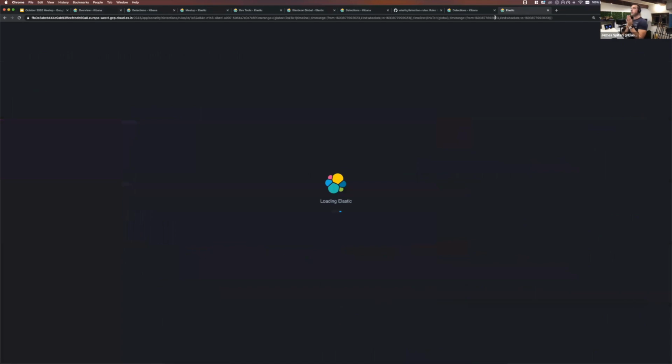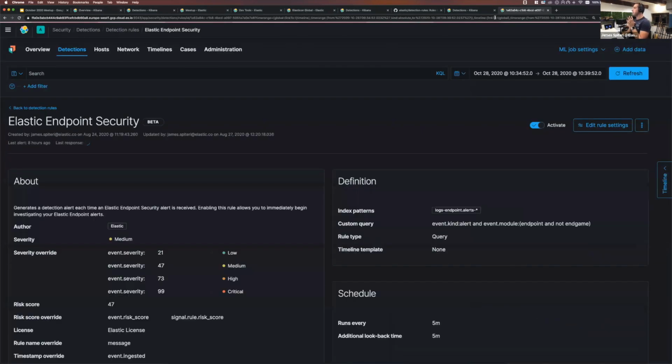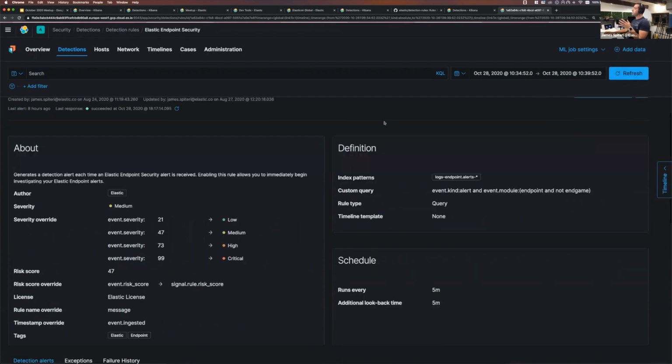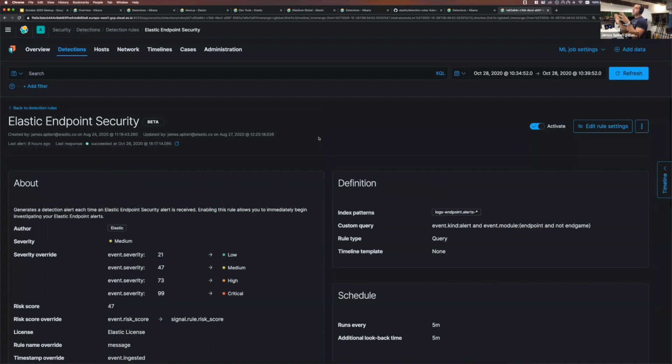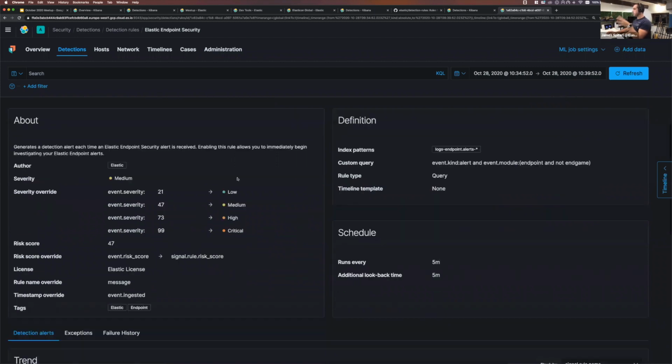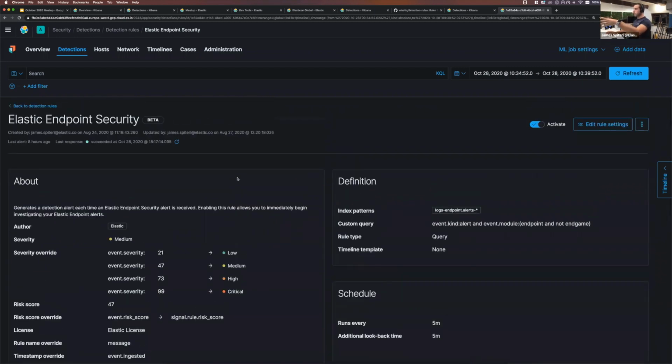So this is going to take me straight into that detections page. And it's going to filter for the right time range, of course, everything that I expect. And this page here is what you typically get when you click inside of a detection rule. So this one was Elastic Endpoint Security. There's all the detail related around it. So I have the query that would have triggered it, the schedule, all the about context. It's all there. I also have sort of the last time it ran, who updated it. So everything is right at the tip of my fingers.